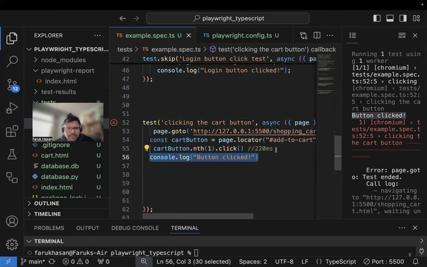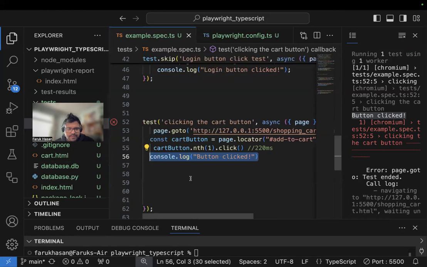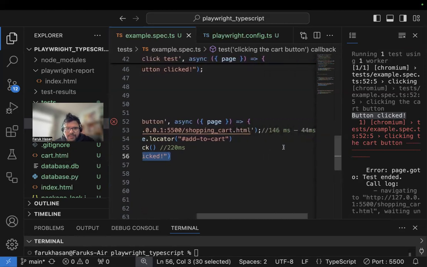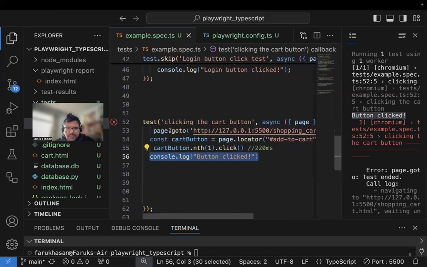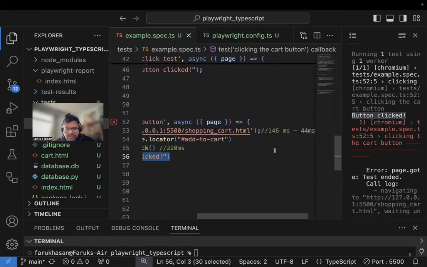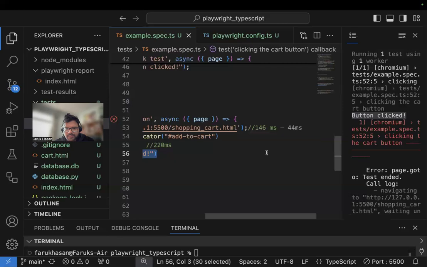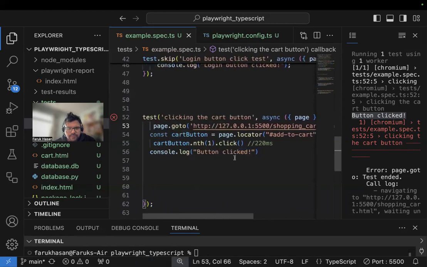So the click event never happened because before it clicked, it goes to the next line since there is no await. So this one took 44 milliseconds, and this one is also probably going too fast because it is supposed to take 146 milliseconds or maybe more or slightly less. But since I did not use await, this one only took 44 milliseconds, and this one never happened because I